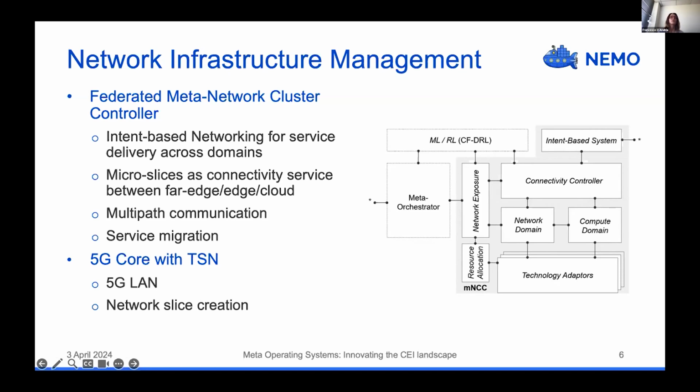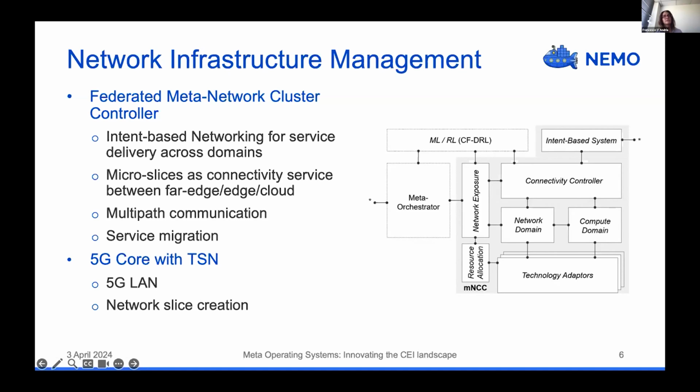So for this MNCC, what we call the intent-based network management module has been developed. It is in a beta version right now, and has been contributed to IETF by Telefonica, which leads this task. We have made 3 contributions so far.